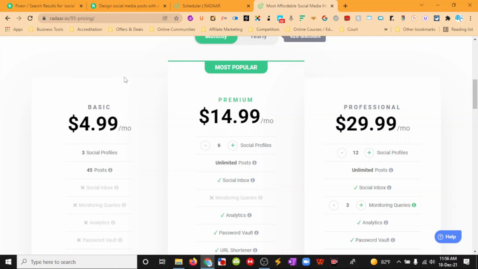So these are just options of how you can use SaaS to automate and be really efficient in your business. You could hire some freelancer to do it and get 10 posts, or you could use a SaaS software like RADAAR for your social media, and you could do 45 posts and it will schedule it for you onto social profiles. So really good value for money, and it's really smart to be using these SaaS tools to improve your